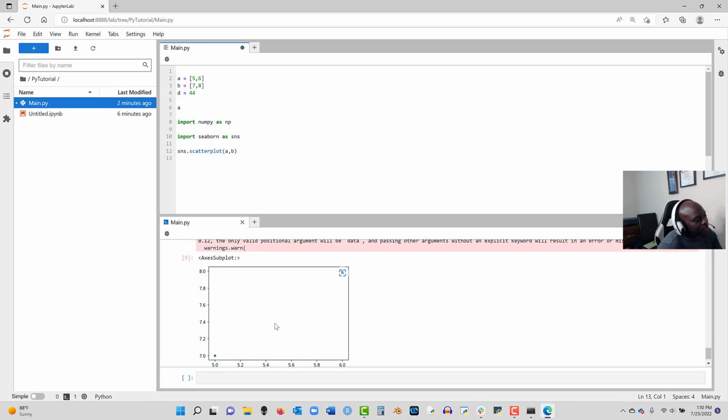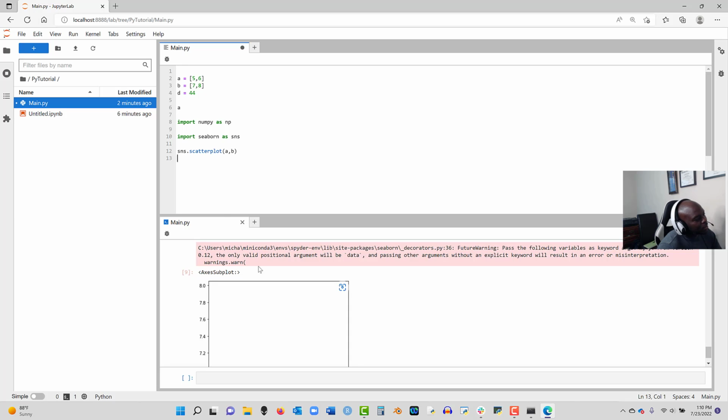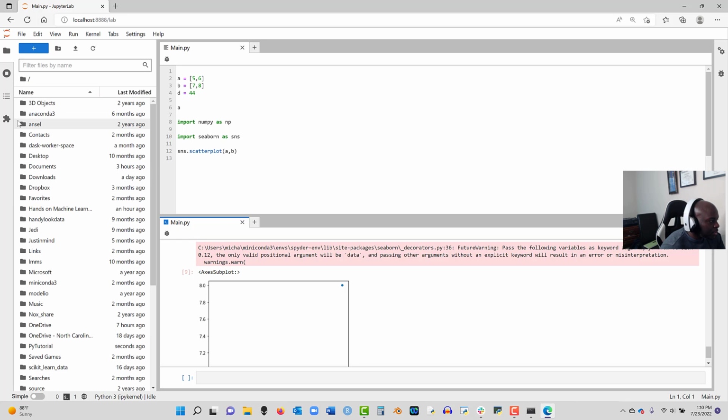And honestly, say there's something here that was plotted and you want to see it later, you can, let's see, copy output to clipboard. Nah, you can't do it on this one, but anything for this kernel will show up here, and any plots will just show up at the bottom of the line. So that's pretty cool. But this workflow is very similar to the other workflow, because you have your main window here with your coding, you have your kernel here, and then here you have your folder structure, right? You can see all your files,